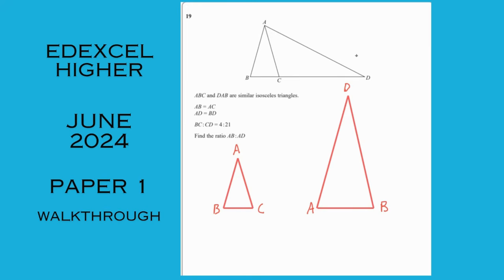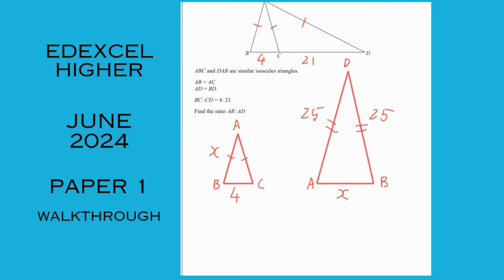So we're told AB and AC, so those two, they'd be there on the original. And AD, that's that one, which is now here. And BD, that's the whole line, which is there. But the key is, if that's 4, that's 21. The whole lot, both sides, is 25. What we also know is B to C, the 4 is there. Now what we don't know is this side length there, A to B, but it does